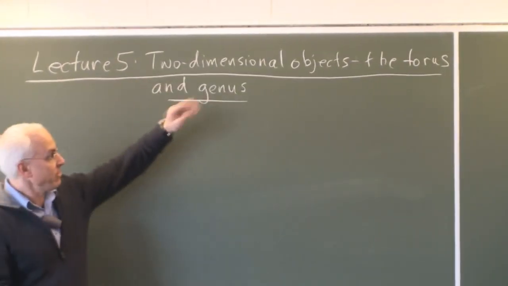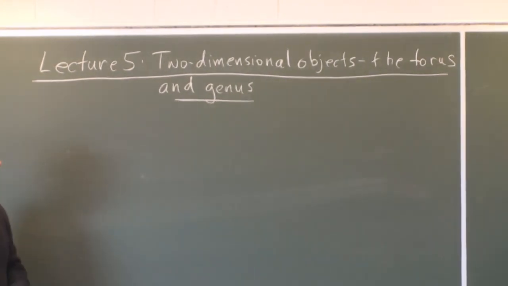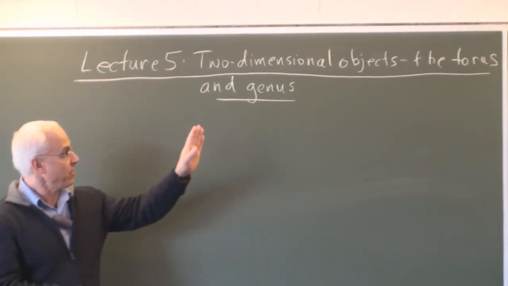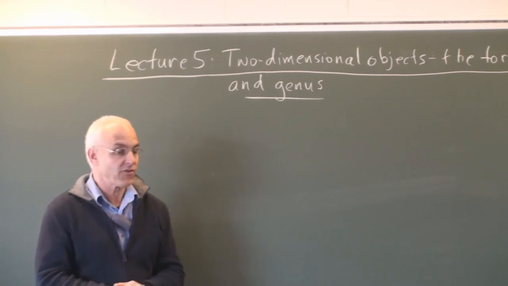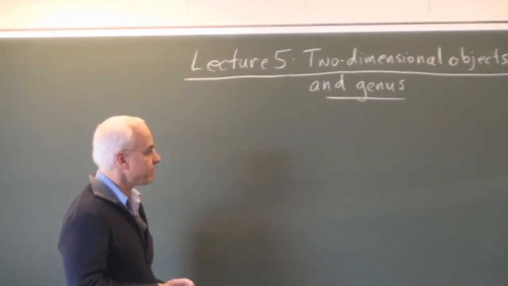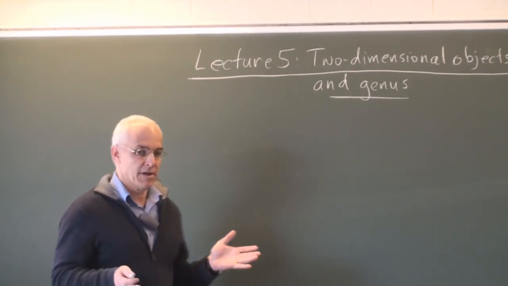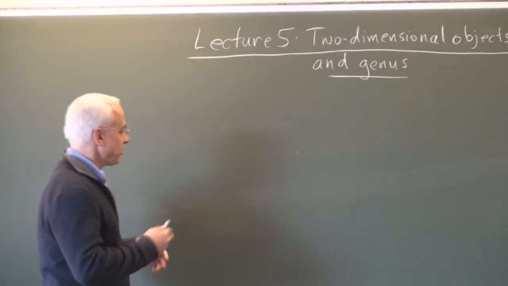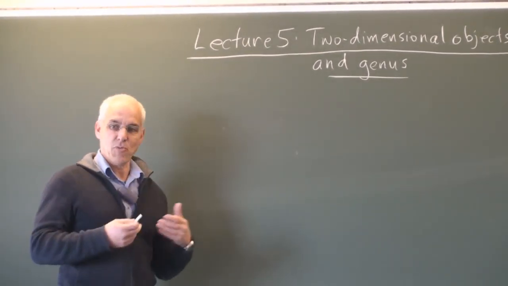Today we're going to talk about two-dimensional objects, continuing on with this thread, and concentrating on the torus and this notion of genus that was in fact introduced by Riemann in the 19th century. So we've been talking about the plane and the sphere so far, so it's time to introduce a few more complicated